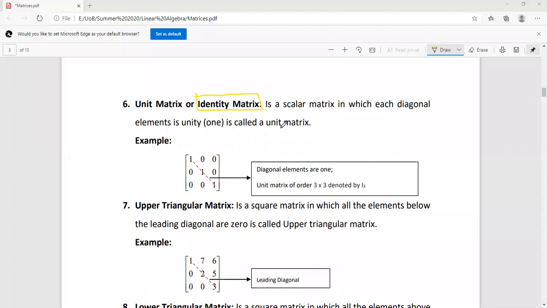Identity matrix is a scalar matrix. Now you remember what the scalar matrix was? A scalar matrix was a diagonal matrix whose diagonal entries are equal. But now we are putting another condition. We are saying that the diagonal entries are unity. Unity means 1. So all diagonal entries are 1. So it is a diagonal matrix with diagonal entries equal to 1. So this is called